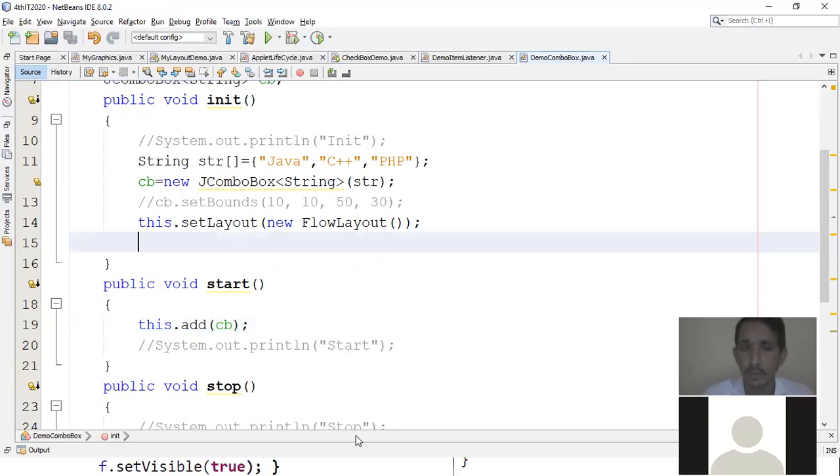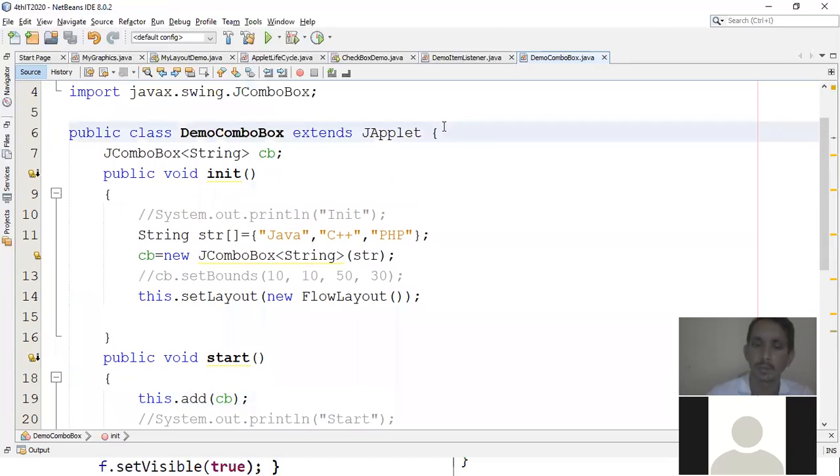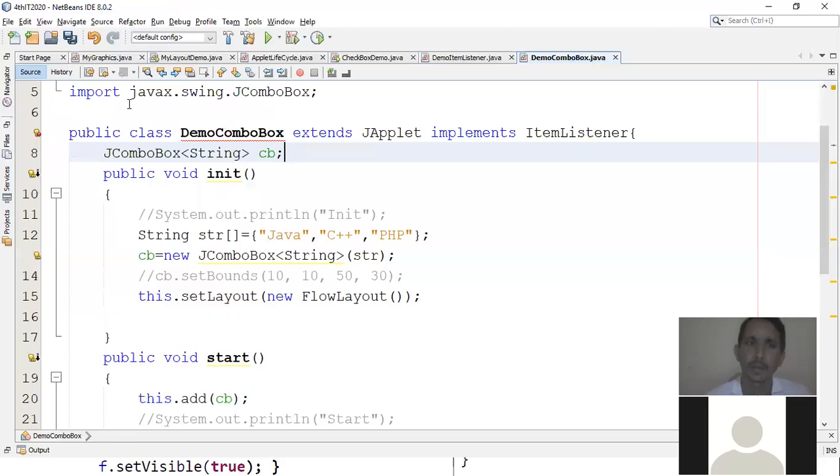Now our target is what? When we select the item, we do some processing, and for that purpose we are using the item listener. It is possible over here. Yes, possible. Implements ItemListener, same like our previous example. Again, warning,